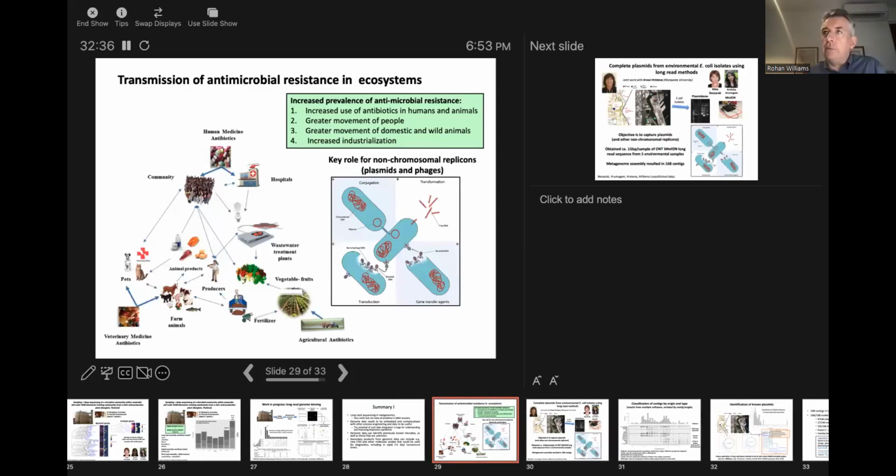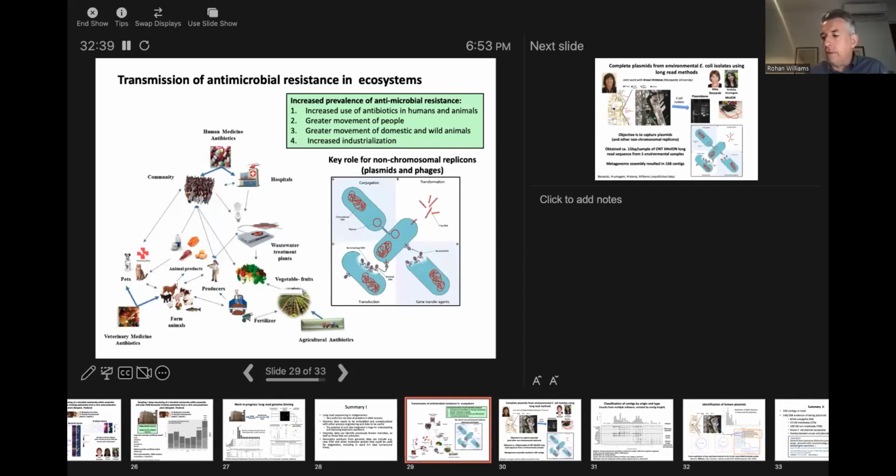What I am going to finish off with, and I have a few minutes left, is talking about how long-read sequencing technologies can be used to study this important problem of antimicrobial resistance, which, as we all know, is emerging as a massive public health problem on a global scale. And it's a very complicated problem because of the complex interrelationship between human and natural ecosystems, and also our agricultural and animal husbandry procedures basically drive this problem.